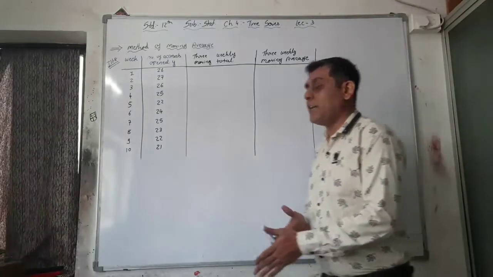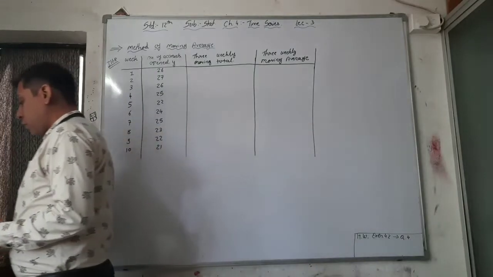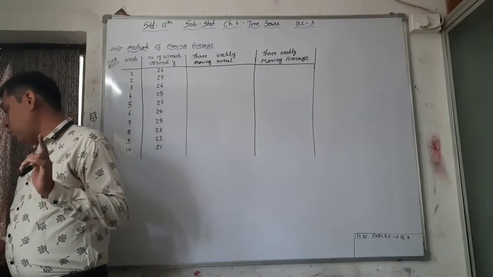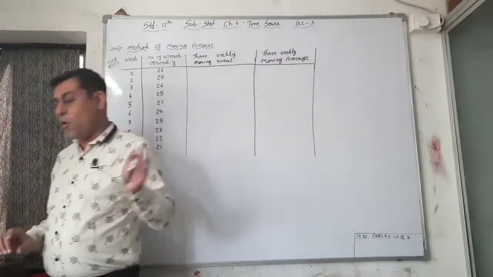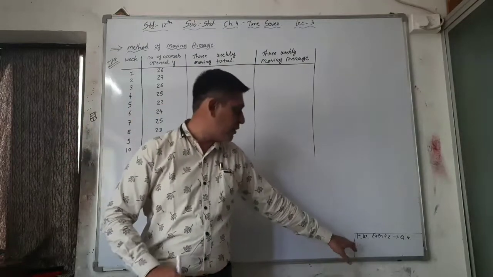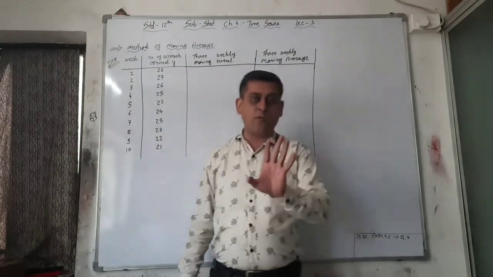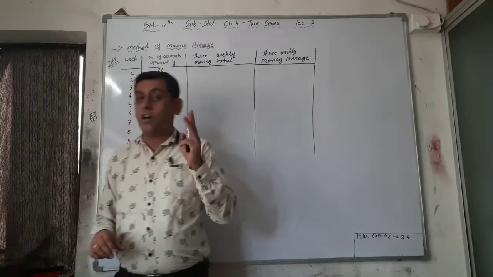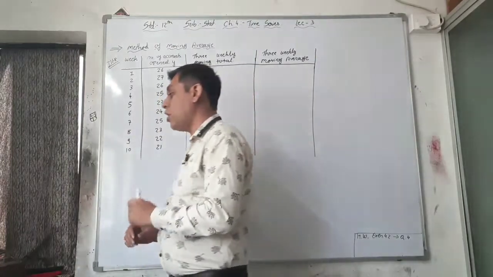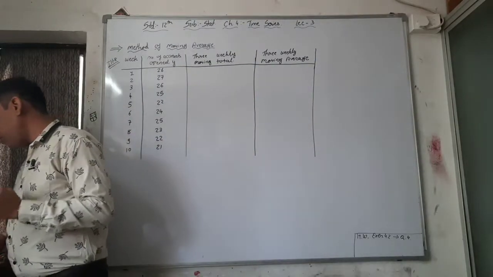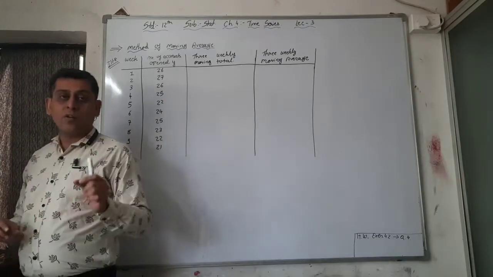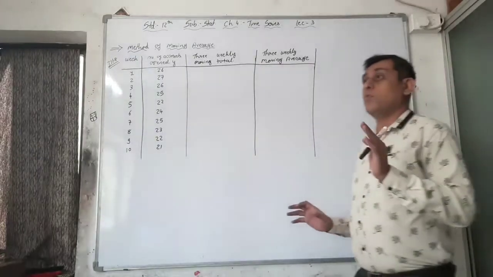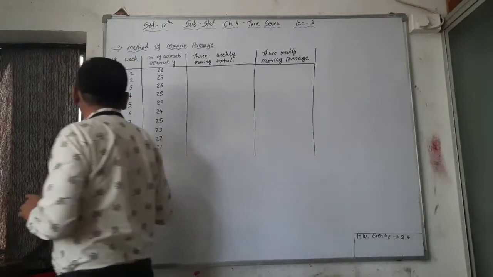Okay guys, complete illustration number 7. Now the exercise 4.2. Next, questions 1, 2, 3 are already done in your homework. So your today's homework is exercise 4.2 question number 4, and here we are completing exercise 4.2. Now the third method of this chapter and the last method of this chapter is method of moving average. That is on page number 173.